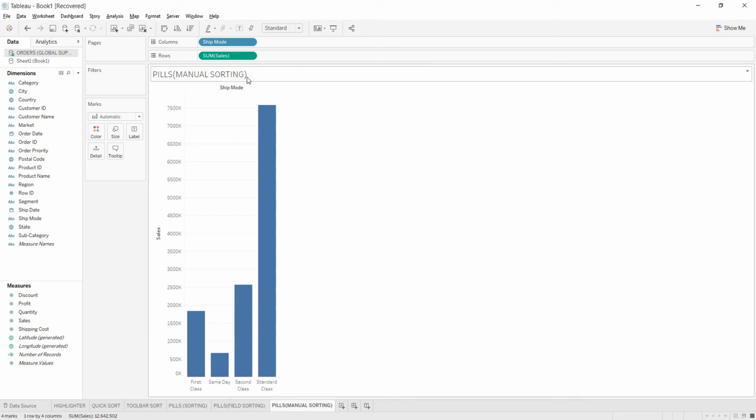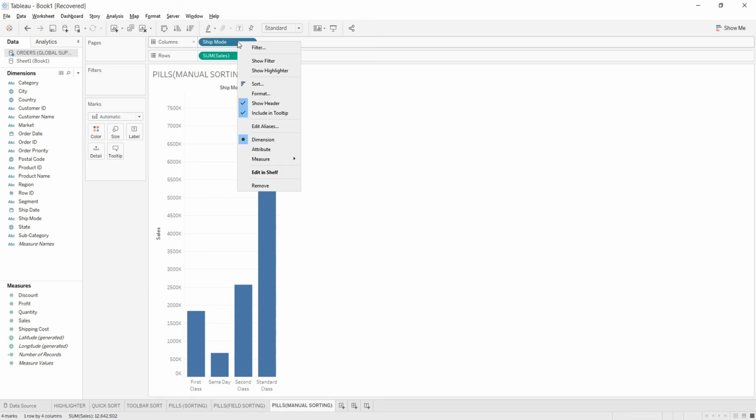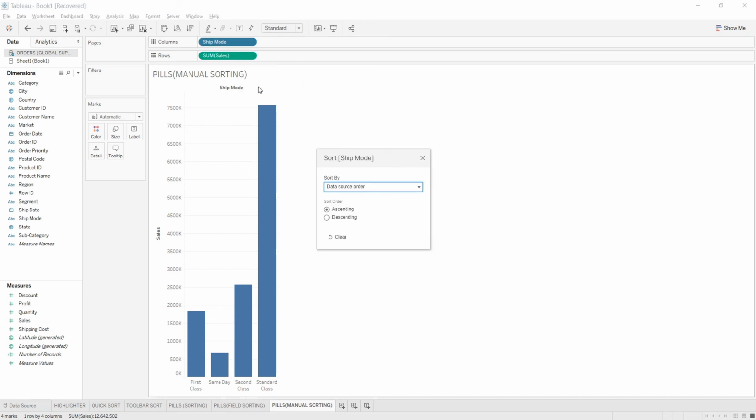So for that, what we can do is right click over it, and we can sort it in any manner according to our requirement. We can do alphabetical sorting, field sorting, which I have told you just now, and we can do manual sorting also. In manual sorting, we'll be getting all the values present like this, and then we have to choose the value which we want to keep at the first place or at the last place.